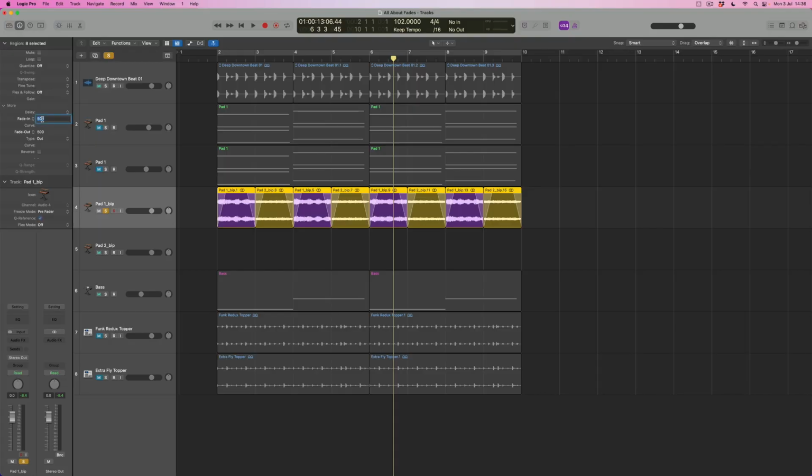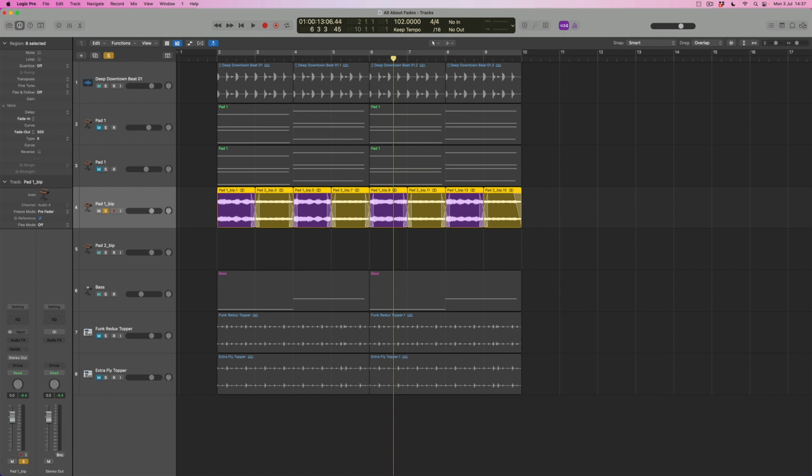Okay, so we've certainly dealt with the clicks, but as I said, we don't get the smoothness that we want. So what I'm going to do is to throw away these values simply by double clicking again and selecting 0, and we're back to where we started. So instead of having a fade out, what I want to do is to swap my fades for a crossfade instead. Now actually there are 3 different types of crossfade within Logic, and we're going to look at all of them. So the first thing I'm going to do is to select crossfade, and again I'm going to use 500